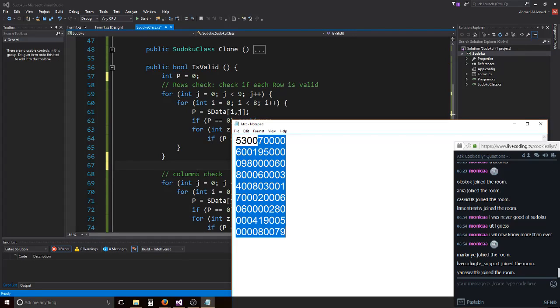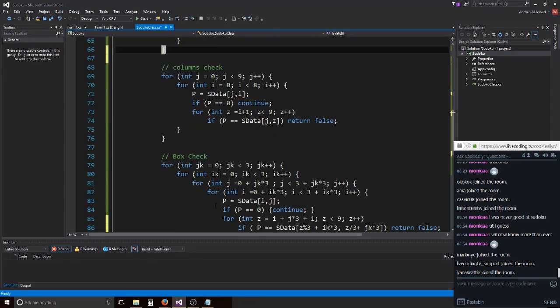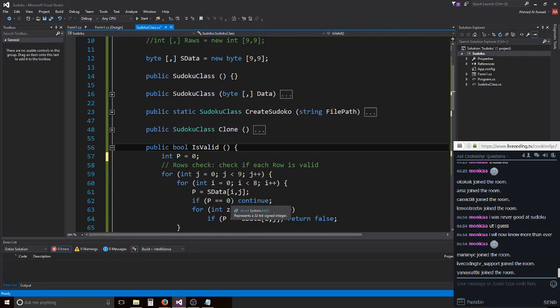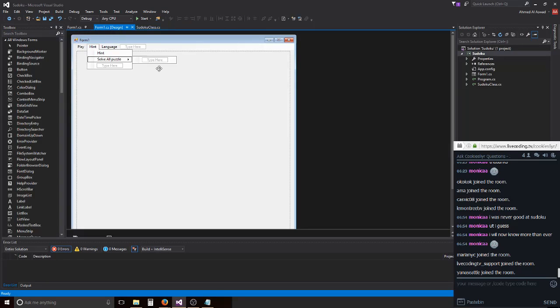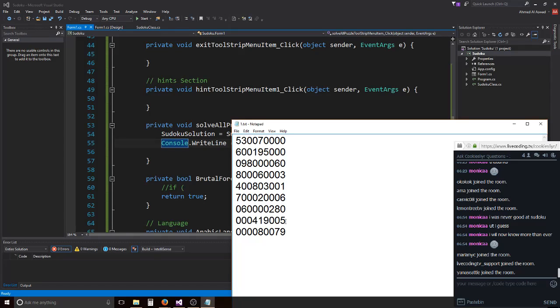The only problem is I started with column and then started with row, and it's confusing, and this one's jumping all the way around. So if my code is a little bit smoother, or if I'm in the mood, I should be able to add two integers in here to point out where I want to start and where I want to end my search. So we can use it to make a valid solution for finding the solution for Sudoku. So what we are going to do is something called brute force. We are going to try to take the Sudoku we have and check if it is valid. If it is not,